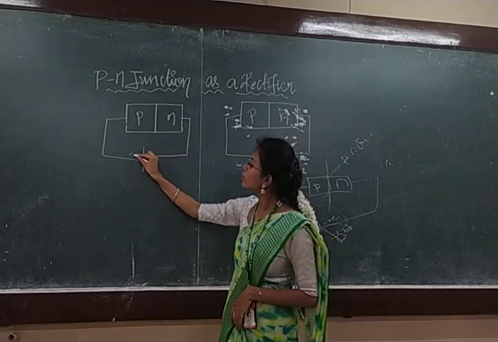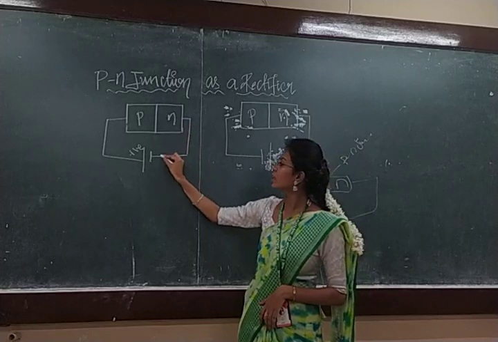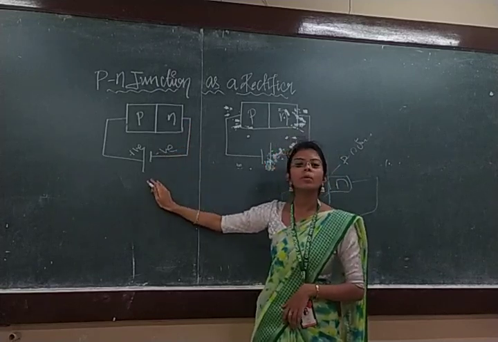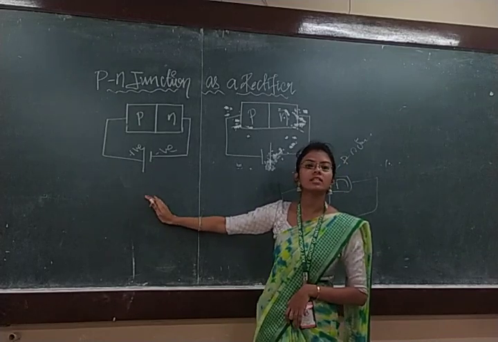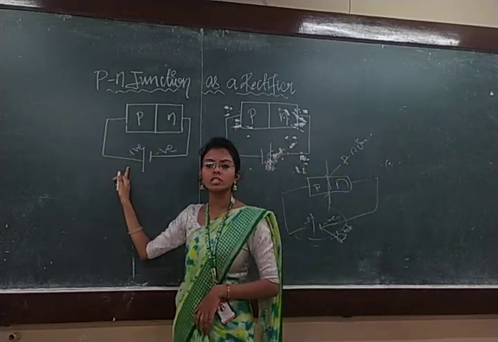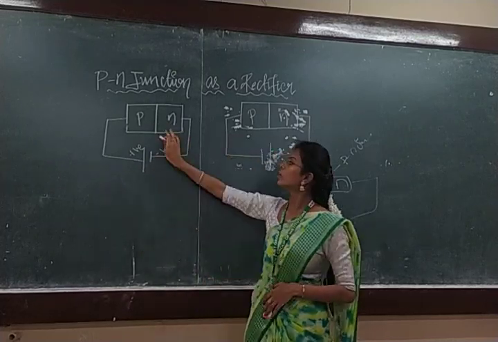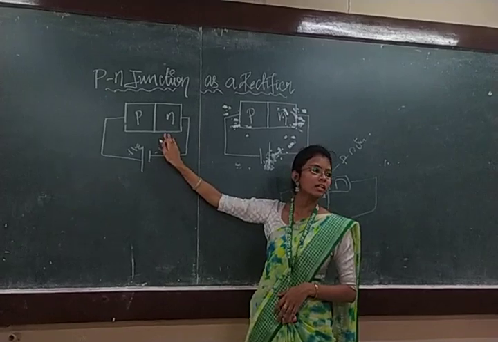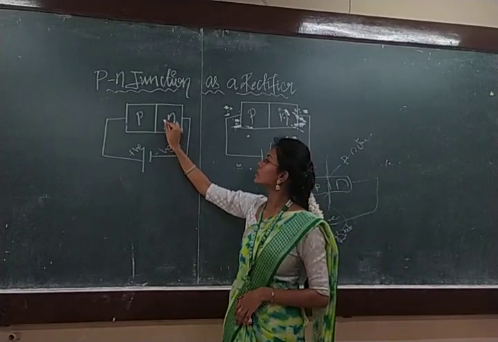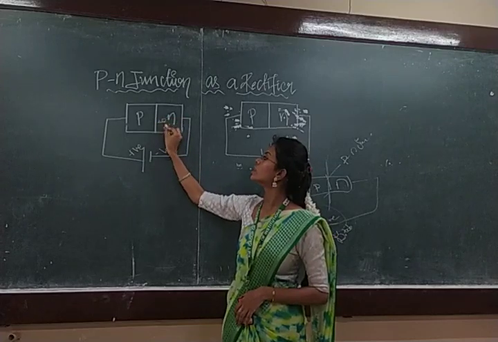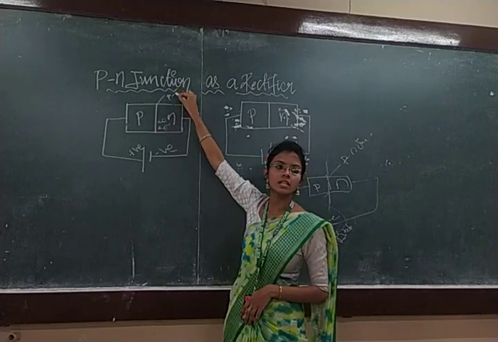Now, if you see the first case, I am going to connect the P-type semiconductor to the positive terminal and the N-type semiconductor to the negative terminal. Suppose our connection is like this, that means P is connected to the positive and N is connected to the negative. Then, who are the charge carriers in the N-type semiconductor now? Electrons, right? Now the charge carriers, electrons will move towards the junction. What is this one? PN junction, right?